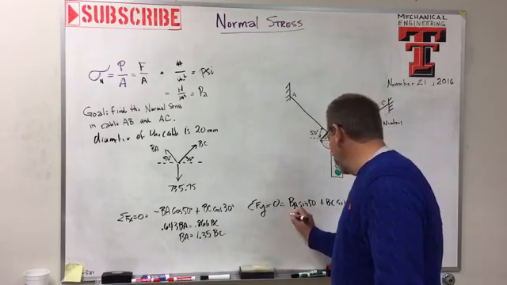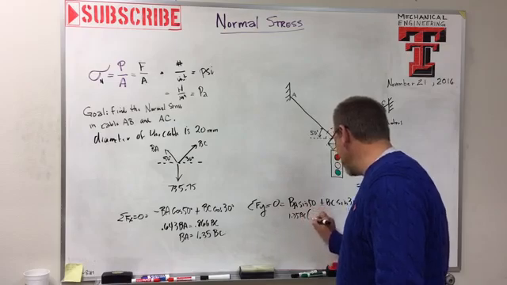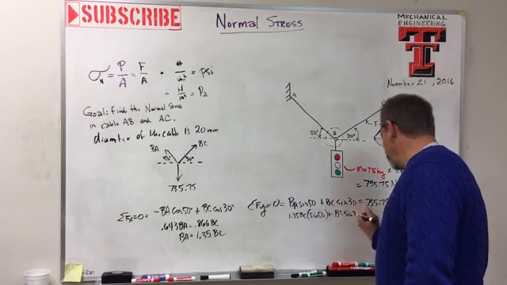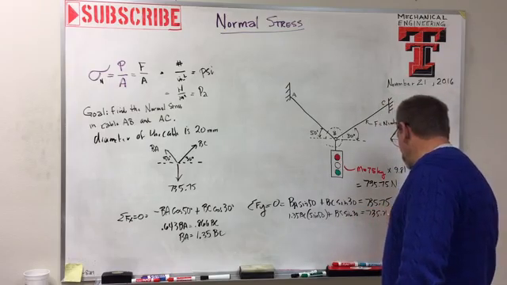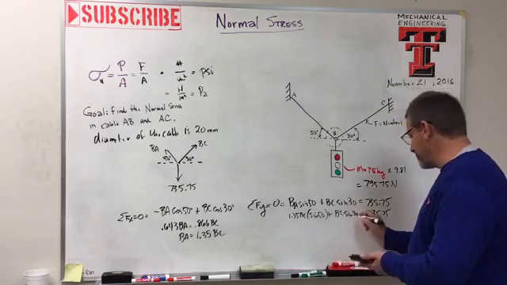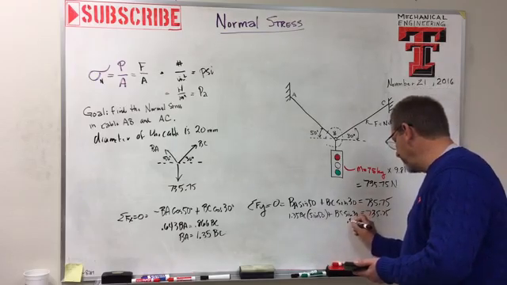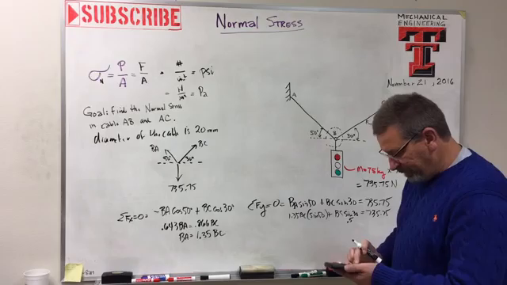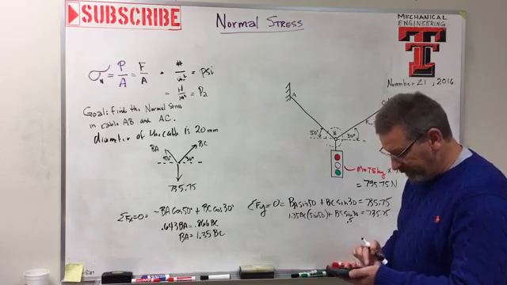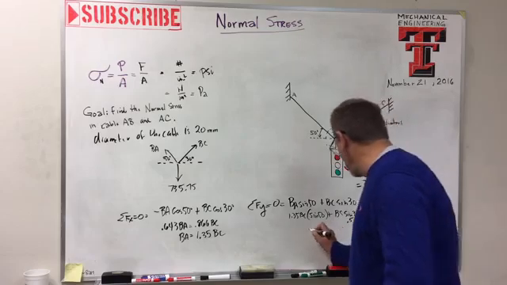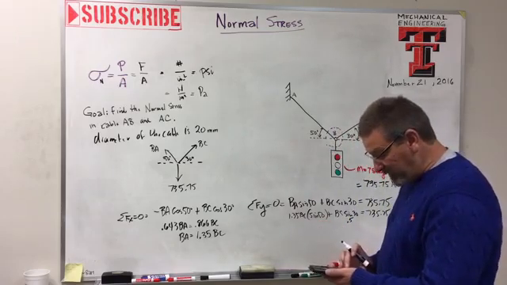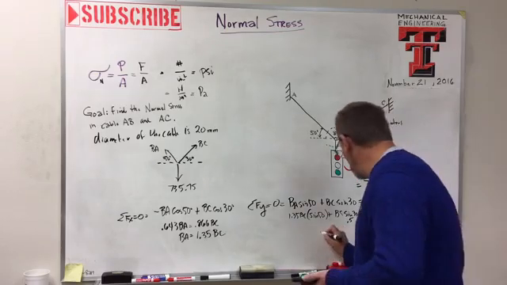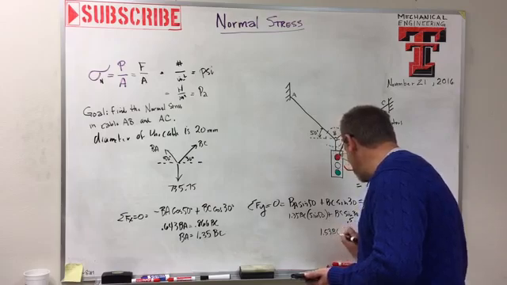We're going to put in for BA 1.35 BC times the sine of 50 plus BC sine of 30 equals 735.75. The sine of 30 is 0.5, right? So 1.35 times the sine of 50 is 1.034. We add to that 0.5, so 1.53. 1.53 BC is equal to